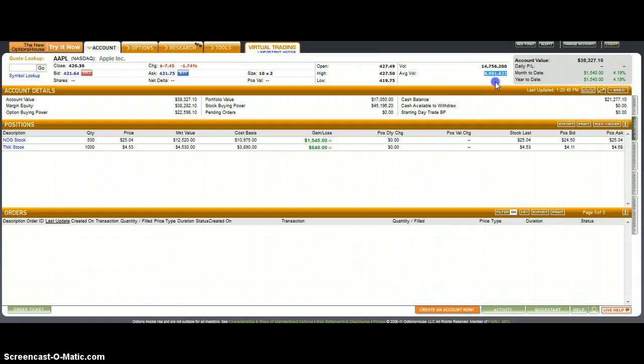Also be aware of the fact that lower volume stocks sometimes are going to have a bigger difference in bid and ask prices. Especially a stock that's only trading a couple thousand shares per day is going to have a bigger difference here. So be very aware of that, especially when placing orders, market orders, limit orders, things like that, which we'll go into. Maybe limit orders I'll go into in a future video. Market orders I'll go into right now.